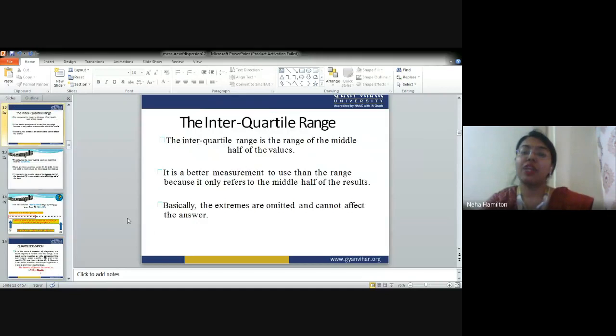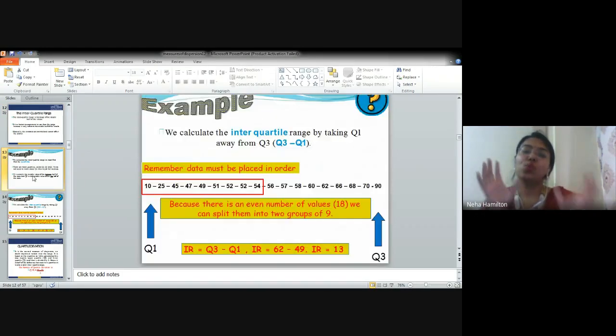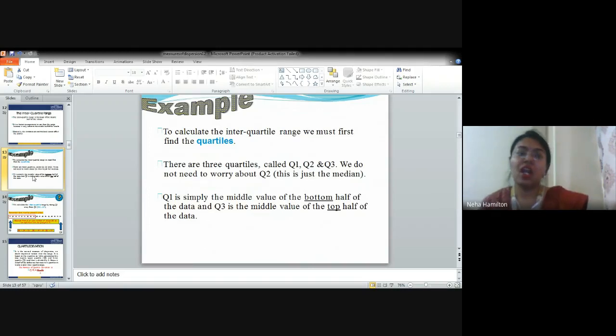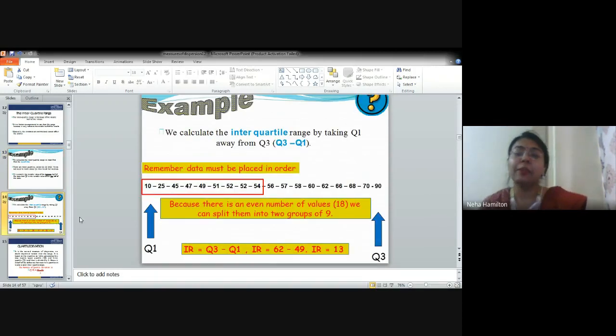So this is the basic disadvantage of range, and that's why we have come up with some other methods. We have studied interquartile range. So in interquartile range, what do we do? We basically divide the data into two parts, right? The first part is called Q1, quartile 1, and the second part is called quartile 3, right? Now, quartile 2 is the median of this. For example, I've explained with this example. The first part is quartile 1. You are exactly dividing the data into two parts, right?